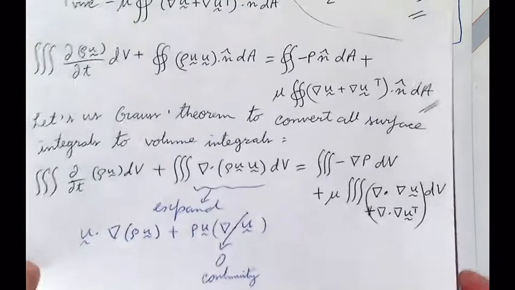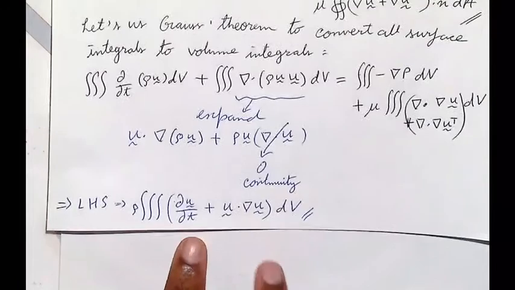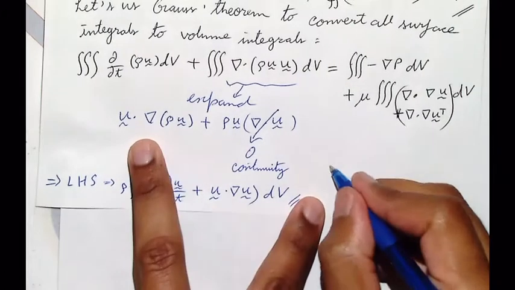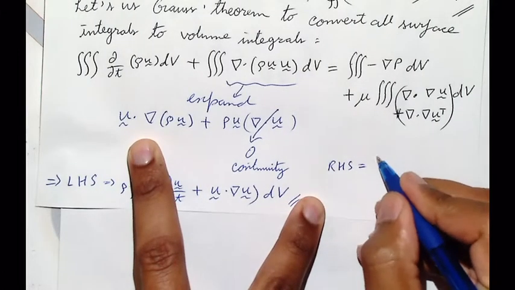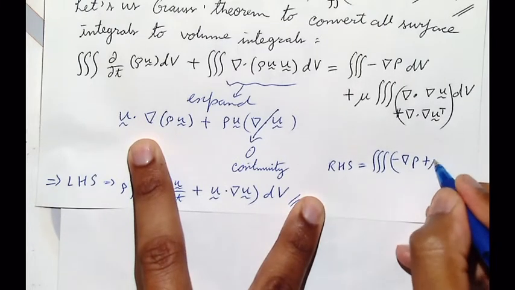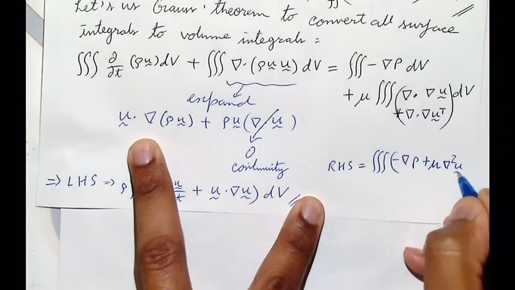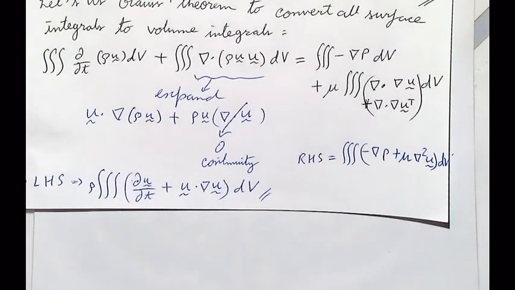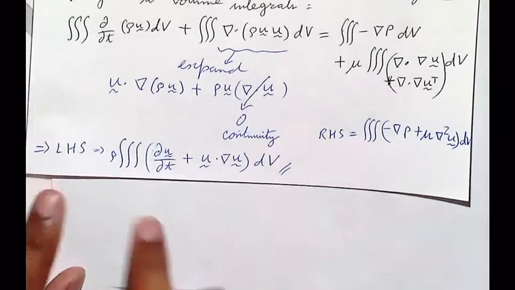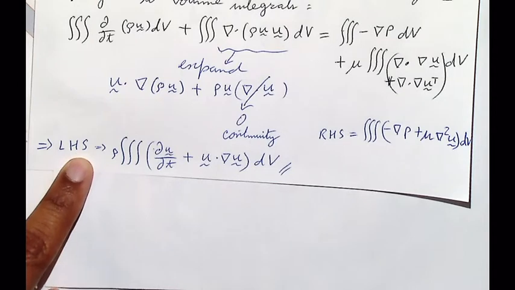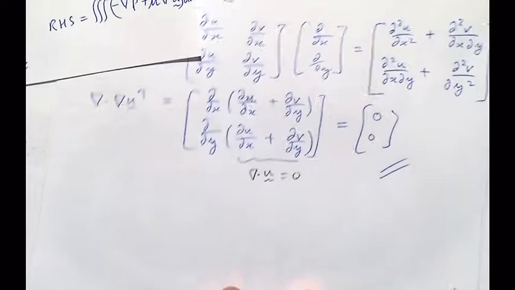So we basically have recovered our momentum equation. On the left-hand side, this thing becomes this, and the right-hand side becomes the triple integral of minus nabla p plus mu nabla squared u dV. Okay, and the two terms inside are just the two terms we get. The rho will come down, so we get nabla p over rho, and mu becomes nu. Okay, but that's it. So everything is related in one way or another.